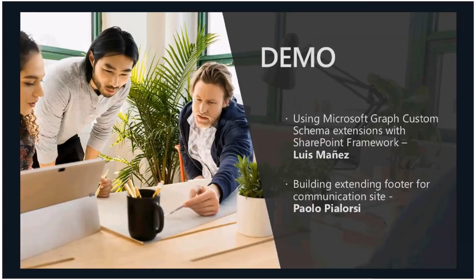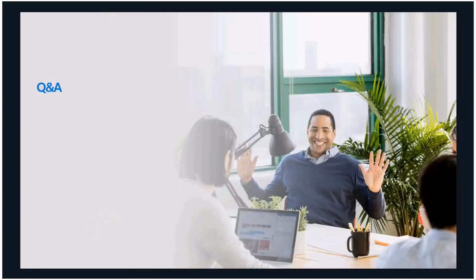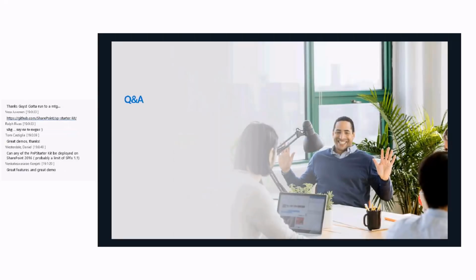Now, can any of the PnP starter kit be deployed on SharePoint 2016? And the answer is unfortunately no, because the limit is SharePoint Framework 1.1, like you, Daniel, noted. We were just talking about the fact that we will actually split the SharePoint starter kit into multiple packages in the future. One of the packages will be targeted for SharePoint 2019, so you can have some of the web parts in SharePoint 2019, even though some of the web parts are using the latest and greatest and